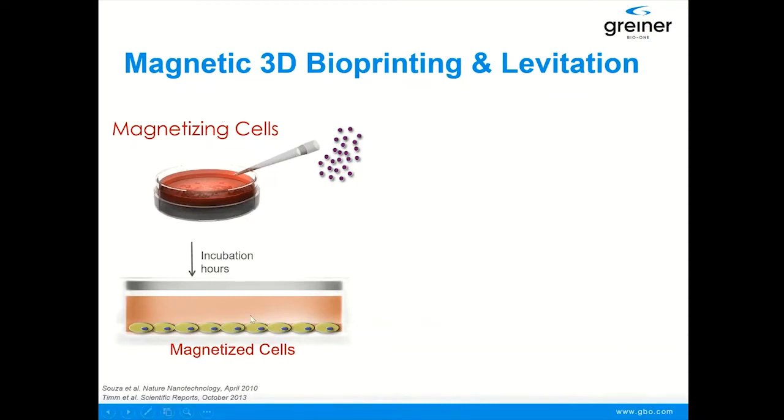So you have your cells, and we add the NanoShuttle. So why the NanoShuttle? Because the cells now have to be magnetic. We have to magnetize the cells. And the NanoShuttle is a nanoparticle assembly of iron oxide, gold, and polylysine. Polylysine provides the interaction between the nanoparticle and the cell, so the nanoparticles electrostatically interact and attach to the cell. Then you use the same protocols you use with monolayer culture for detaching,